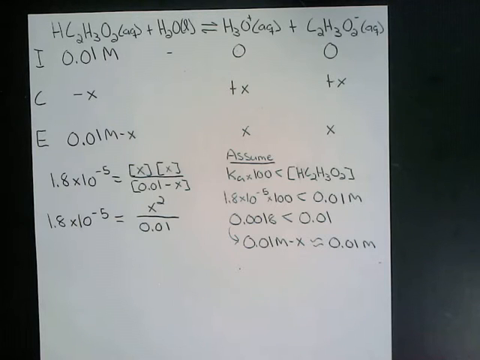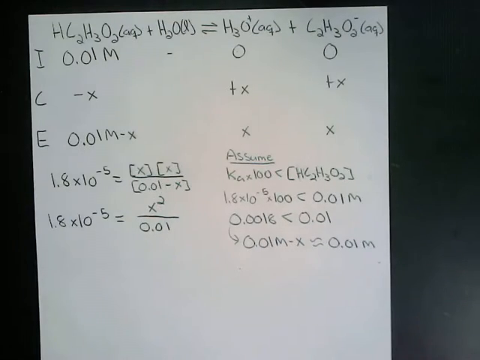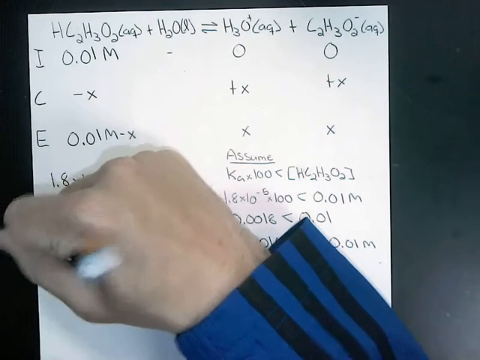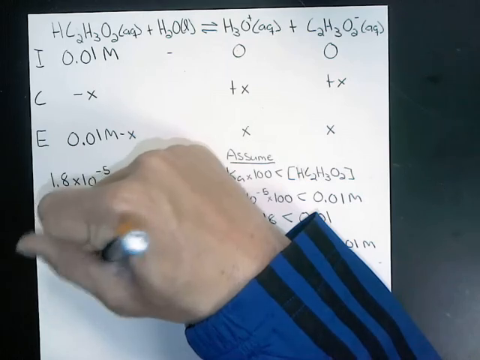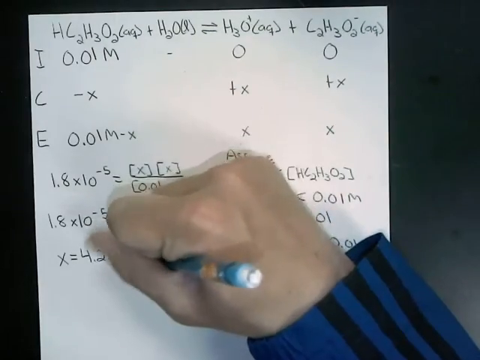So when we go through this process, again, I'm just going to solve for x. Okay? So all I need to do here, I'll do this off the camera. I'll do 1.8 times 10 to the negative fifth times 0.01, and then I'll take that value and solve for my x. And my x, when I put it into scientific notation, is 4.24 times 10 to the negative fourth, which is equivalent to